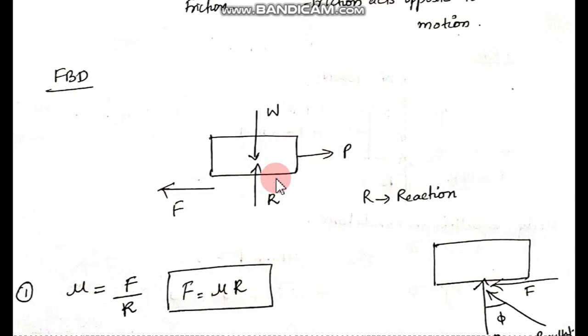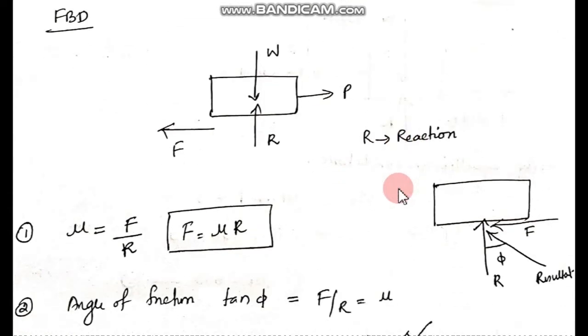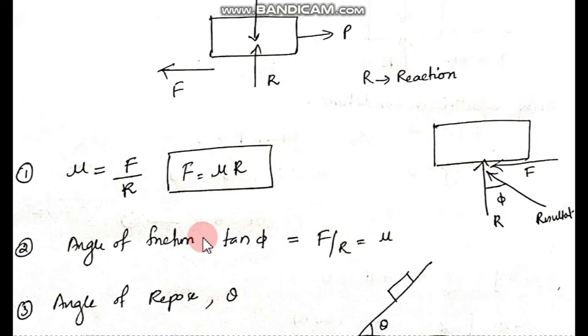Now, what we need to know is that the reaction, because it's always perpendicular to the surface, is called normal reaction. Now you need to know some terms which I have already given in the notes. The first one is coefficient of friction. Coefficient of friction is nothing but the ratio of the frictional force to the normal reaction, so F is equal to mu R you get from this equation. Just go through the definitions that I have given there, I am not explaining it too deeply.